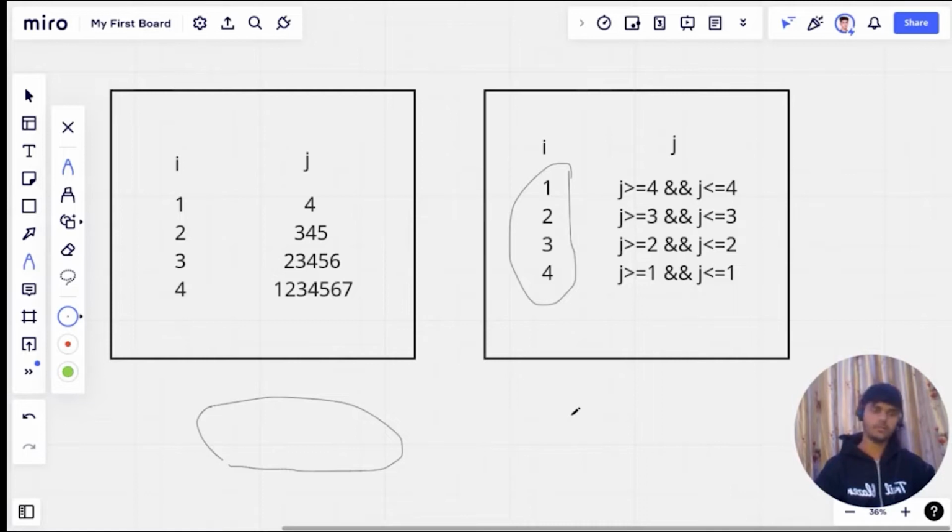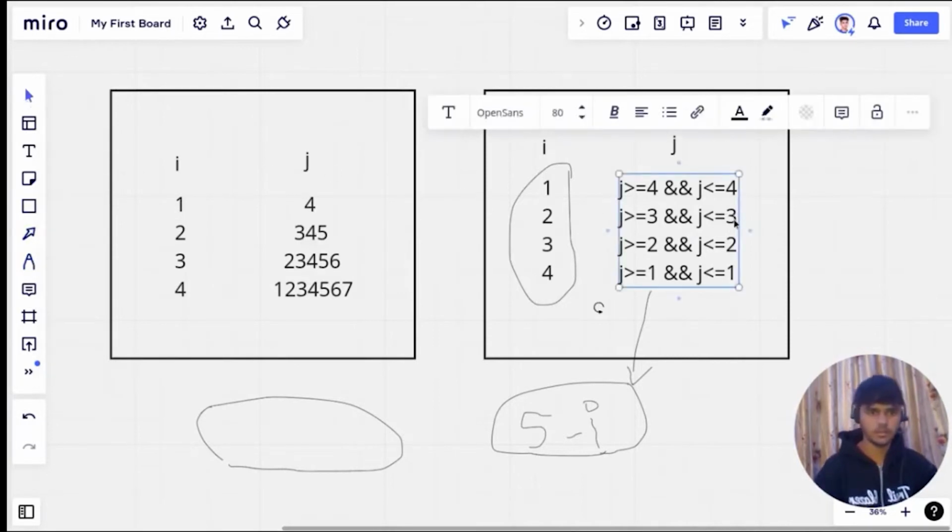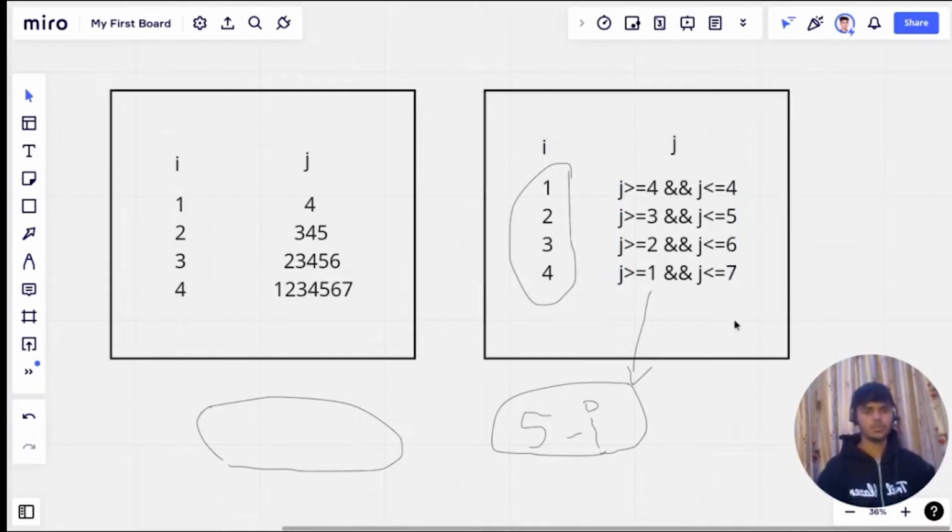Let me explain to you. What if I write 5 minus I in this case? Here also the same thing, something is wrong here. Yeah, it's 4. I was thinking here is 5 and here is 6. Here is 7. Okay, so it is in decreasing manner and it is in increasing manner, but it is 4,